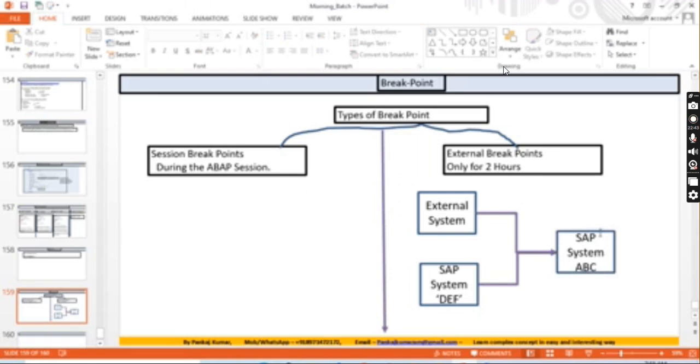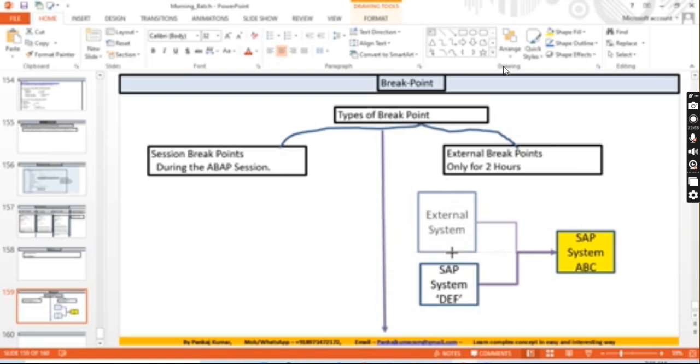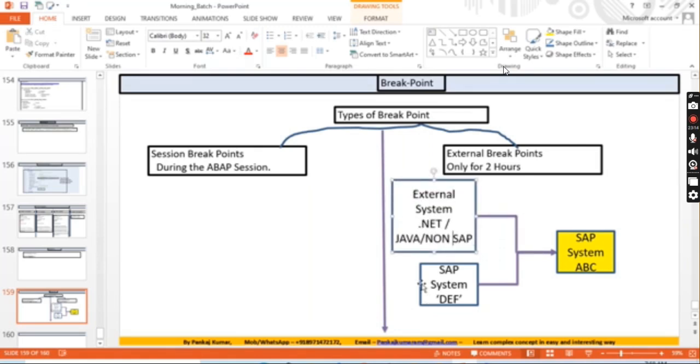This is your current SAP system, and you are going to call this current SAP system from the external system, like a .NET application or Java application, something like that, or any non-SAP system, or from a PI system also.